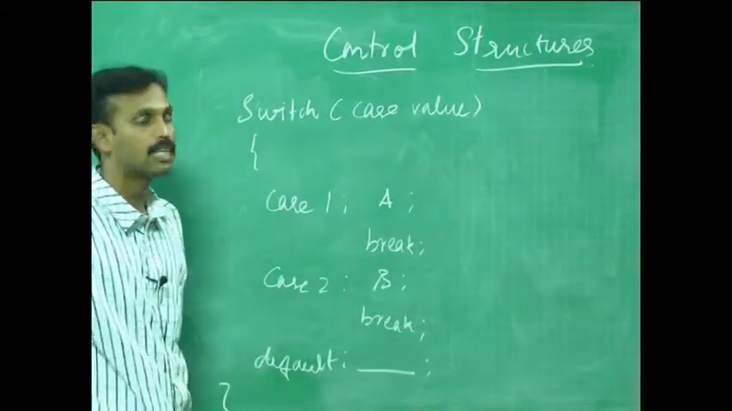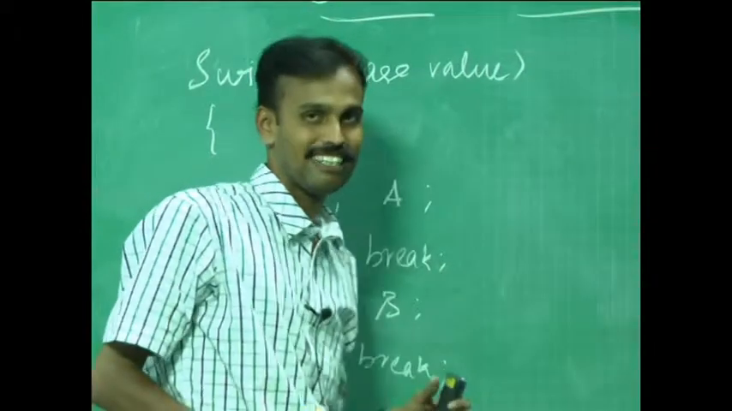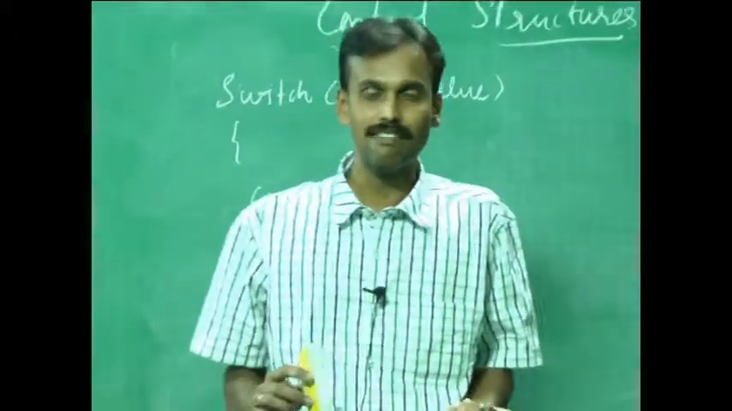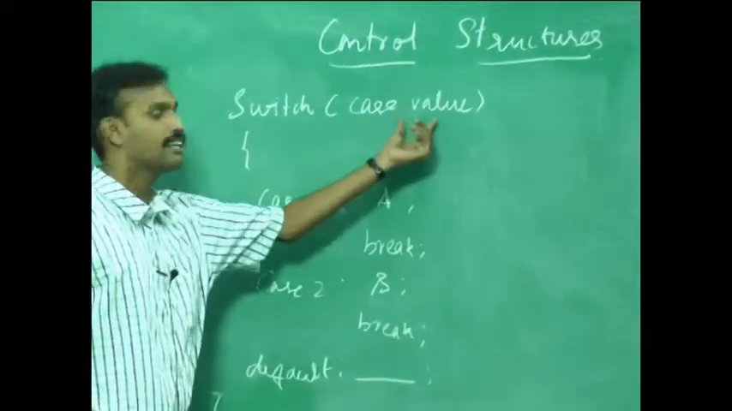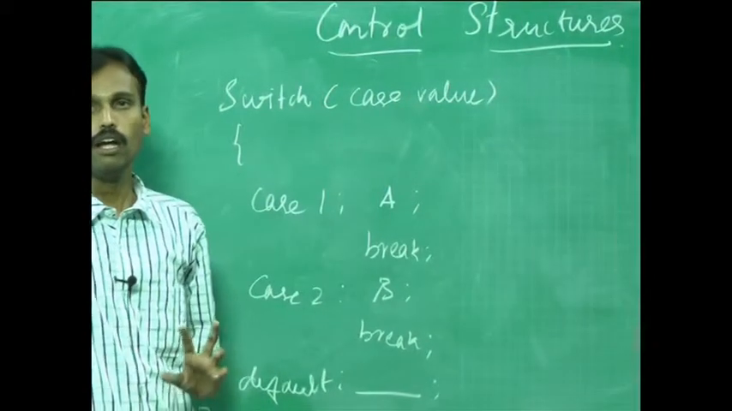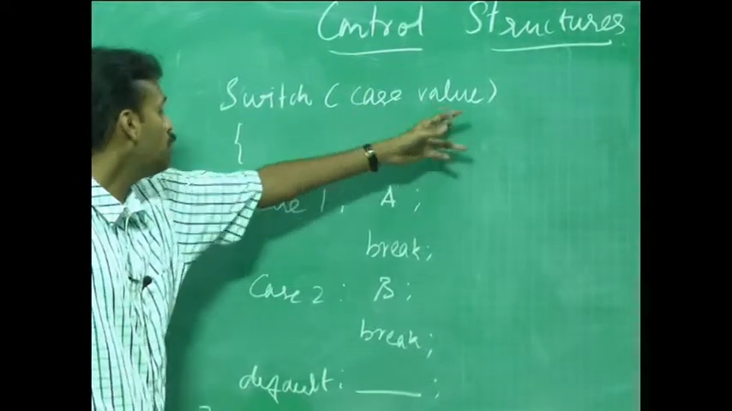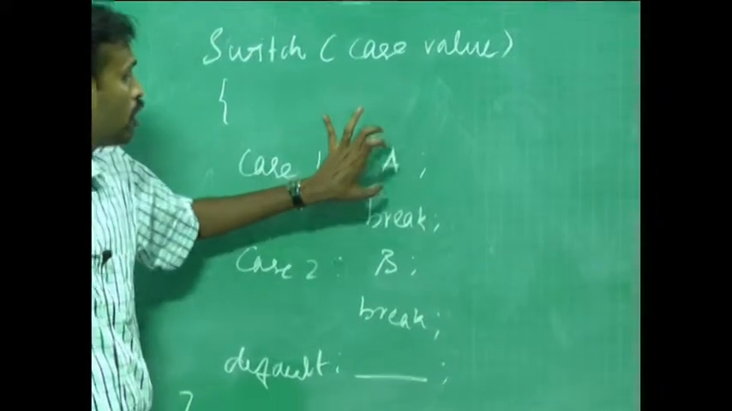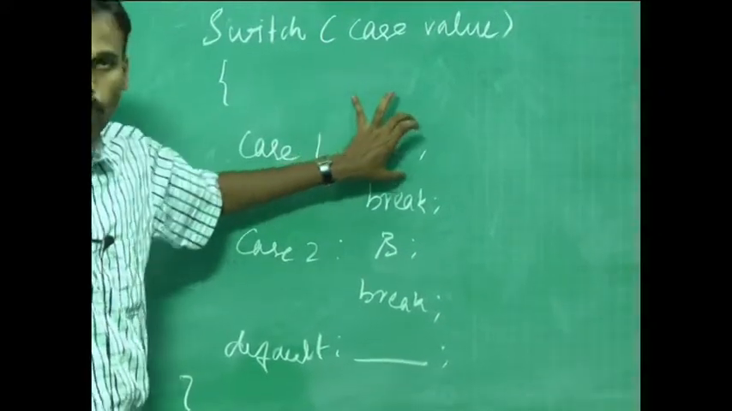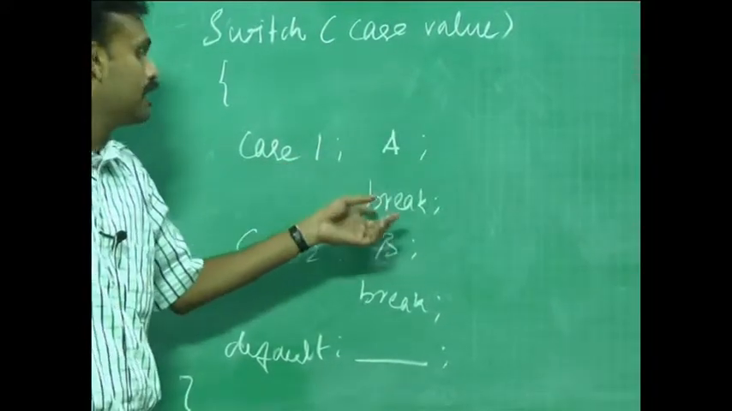This is a typical example of a switch case construct. What is the switch case construct? This is a statement which operates on the case value of your case variable. If the case value happens to be 1, this particular block will get executed, and at the end of this particular block, after having executed, it has a